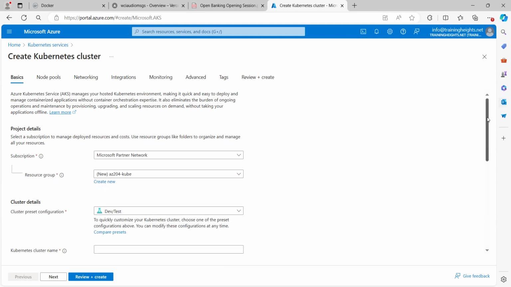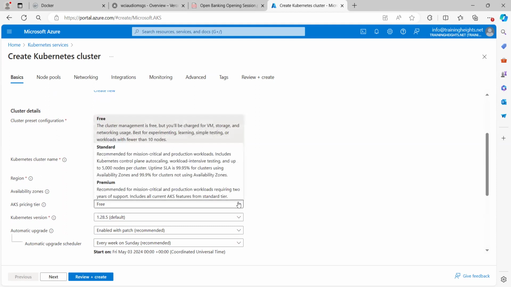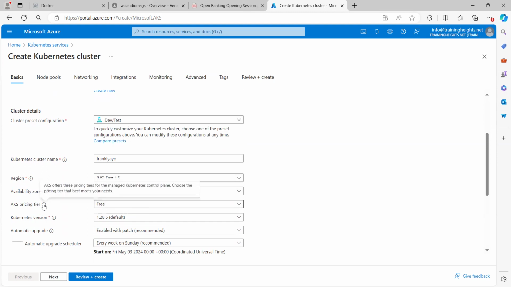Then cluster details. So I'll leave it as dev tests. Kubernetes cluster name. Let me call this, what should I call it? Let me call it frankly Ayo. The region, East US is fine. Availability zone, I don't need one. AKS pricing tier, I'm fine with free. Then the Kubernetes version,